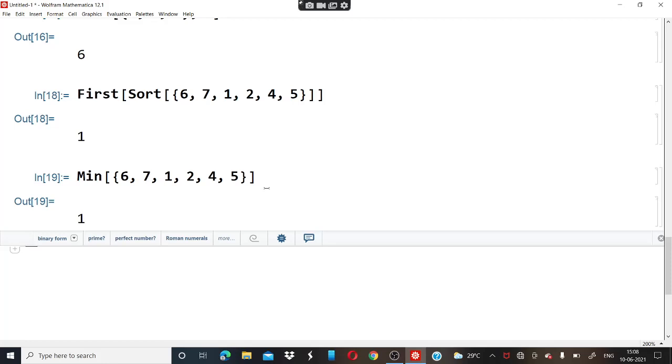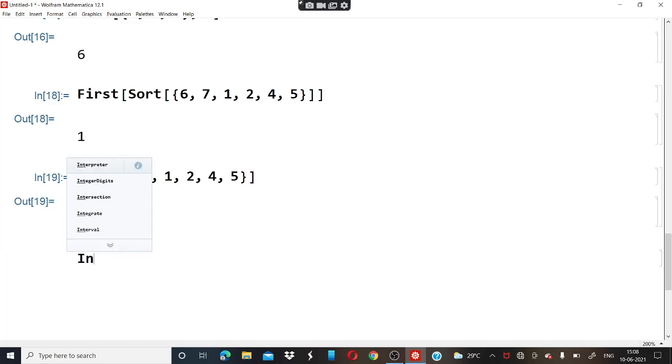Break a number into a list of digits. Let us suppose we have a big number given, for example 1988. If we want to separate those digits, we can easily use IntegerDigits, as shown here, and write the number given, let us suppose 1988.